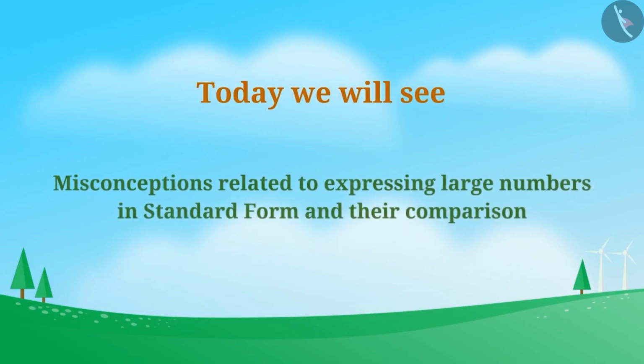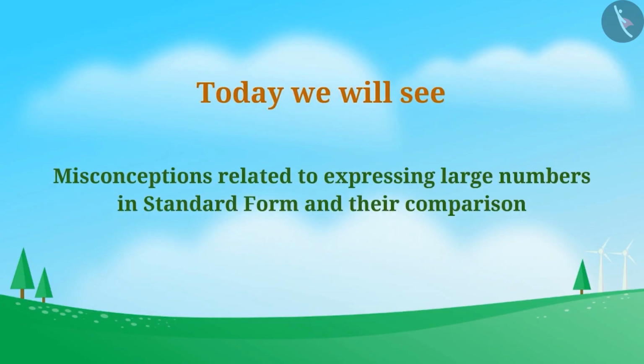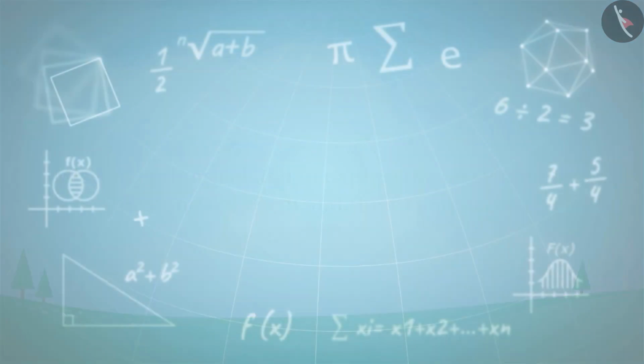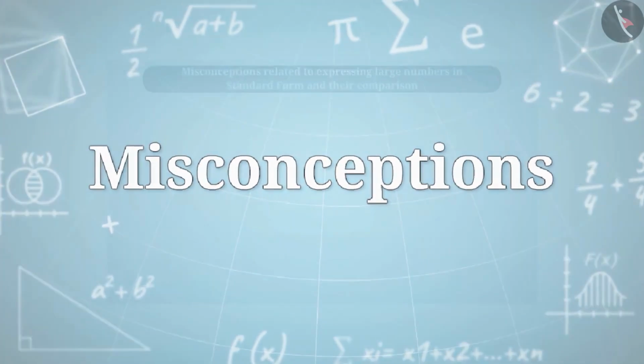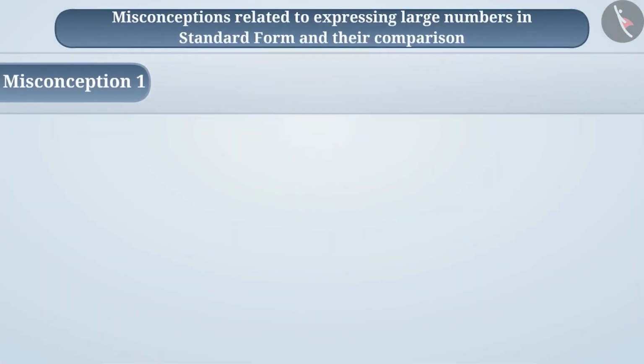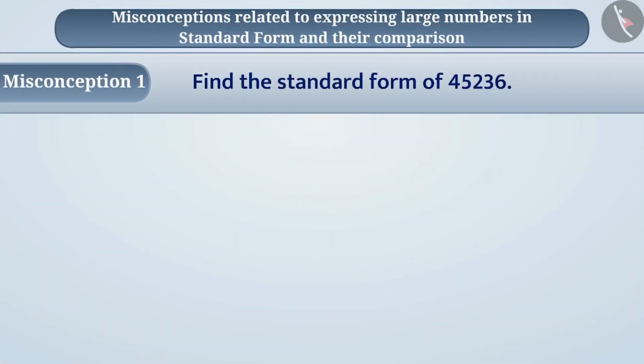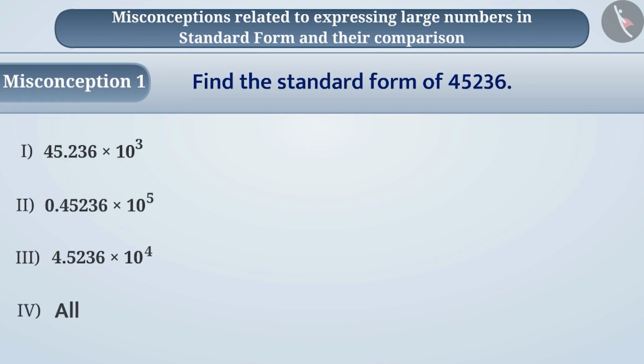Today, we will see some misconceptions related to expressing large numbers in their standard form and their comparison. Misconception 1. Find the standard form of the number 45,236. Some students, while expressing the number